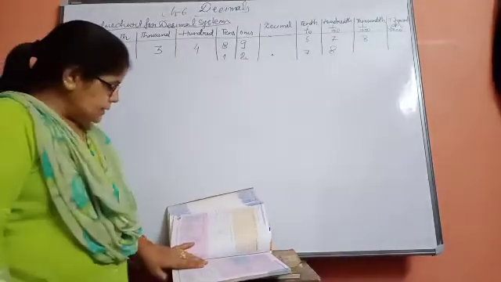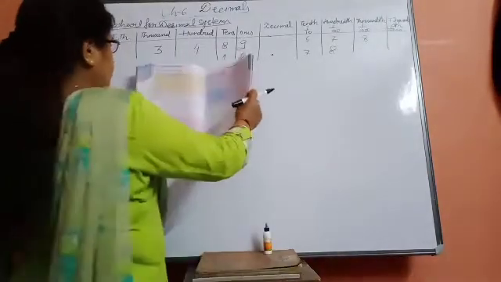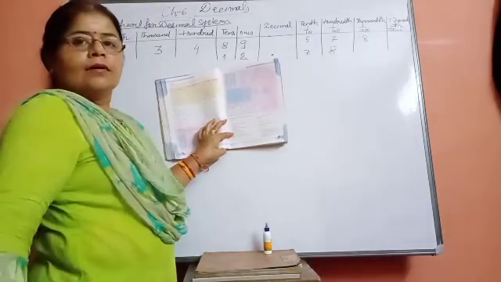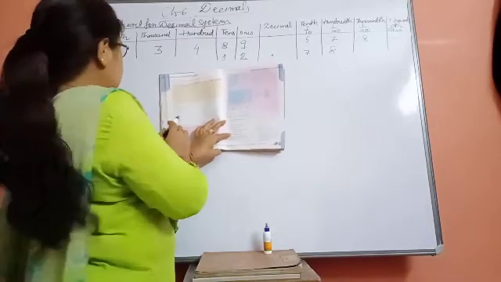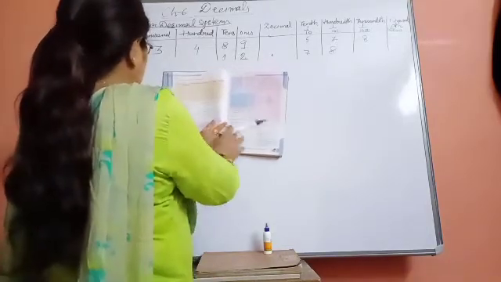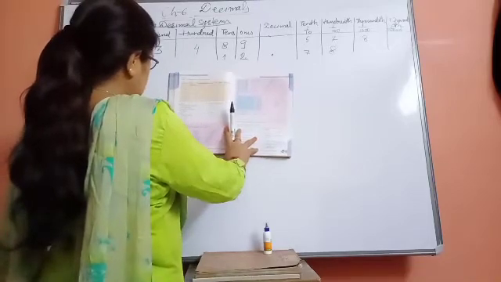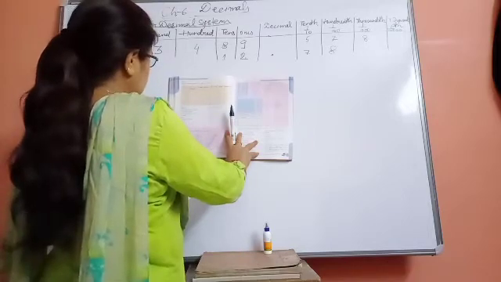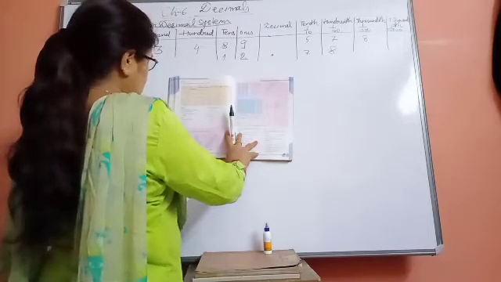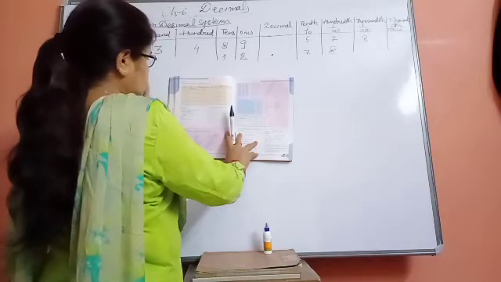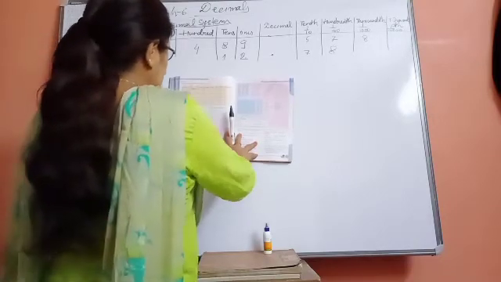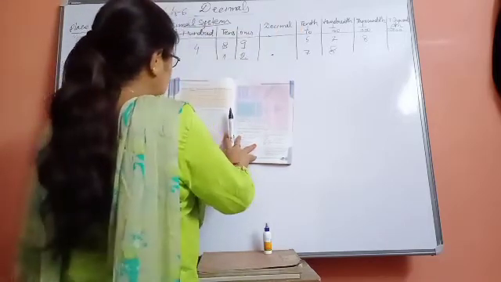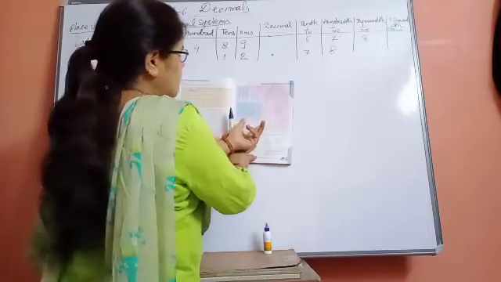If you see, beta, exercise 6.1 in your book, I am showing you the book here also. You can see that in exercise 6.1, the first question is given to you. Tens means you have been given 2 figures, so what will be the value of tens? Tens are 2. Ones means how many? Count them: 1, 2, 3, 4, 5, 6. So 6. Then the decimal, and tenth. Tenth means this value. How many are given? 1, 2, 3, 4, 5. So 5. Here a table is also given to you.